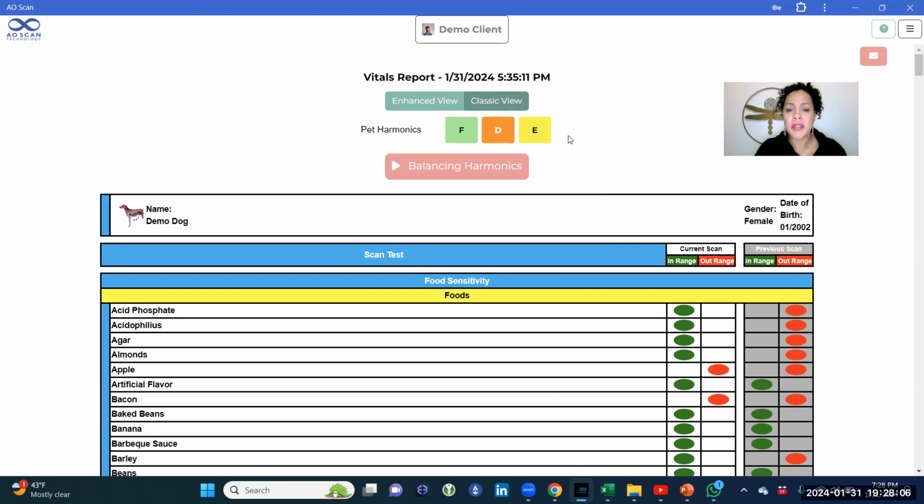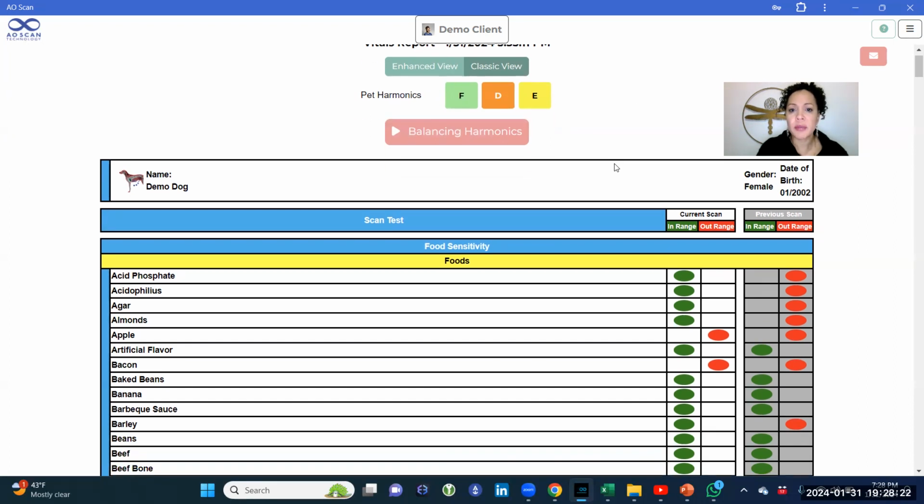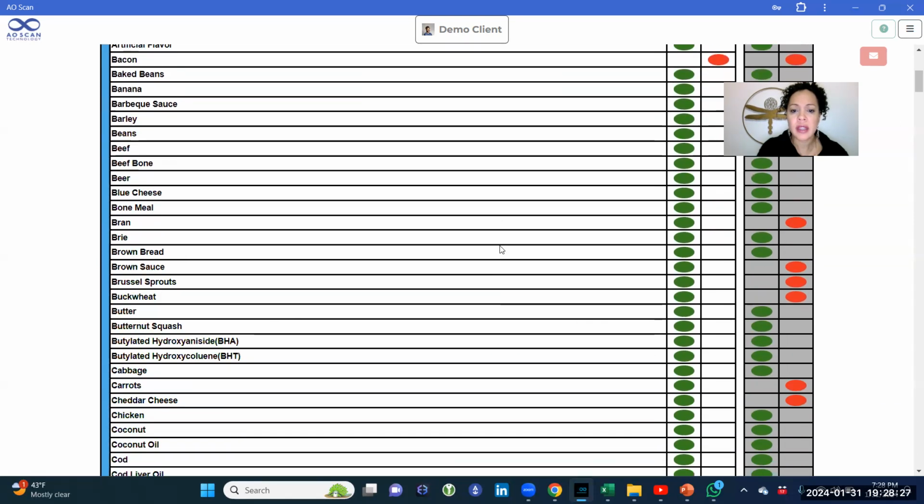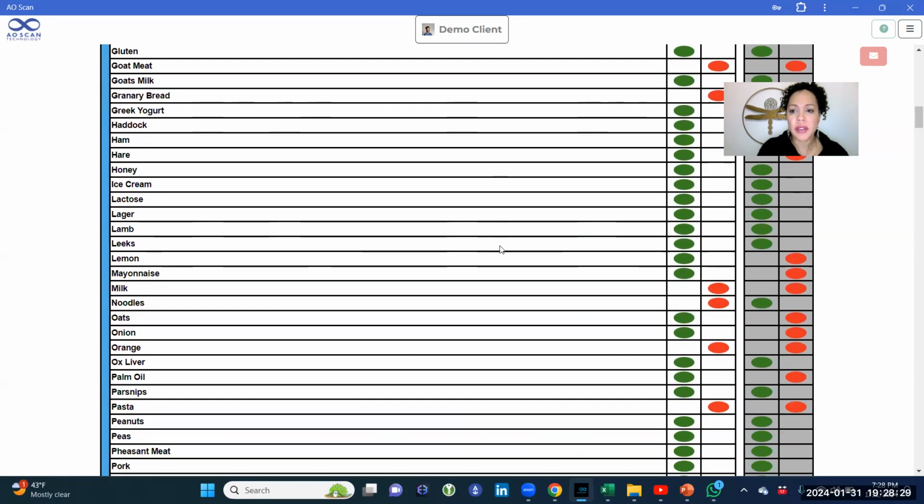So remember, everything has a frequency, including emotions. If those emotions are out of balance, the generated frequencies from the scan will put those emotions back into balance. Very, very therapeutic. The scanner also gives you the report in categories such as food sensitivities. You see it's very thorough.